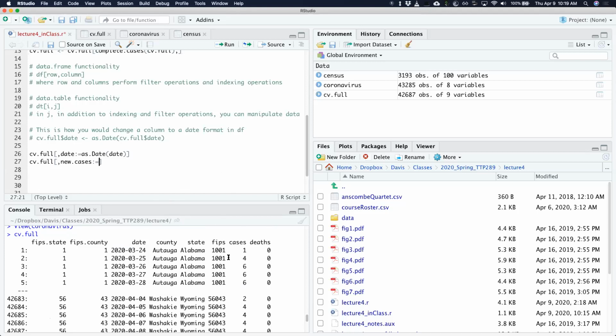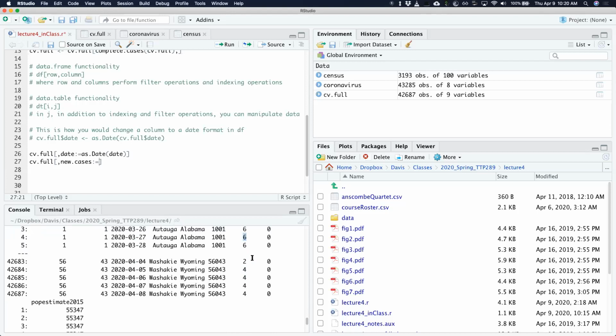So if I want new cases, essentially what I want to do is subtract one entry from the last entry, right? So then what you would see here is that there is one new case of coronavirus on this date. On this date, it goes from 1 to 4, so it's 4 minus 1, so that's 3 more cases. And then here, it's 6 minus 4, so there'd be 2 cases. In this one, this would be 0 because 6 minus 6, 6 minus 6, and so on and so forth. So you want to perform that operation